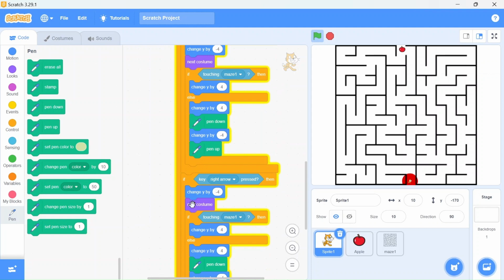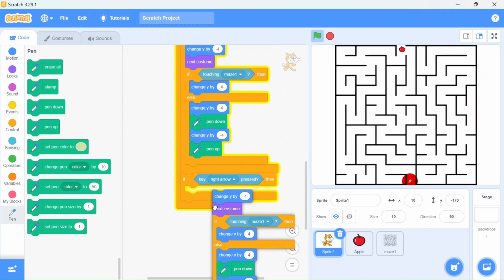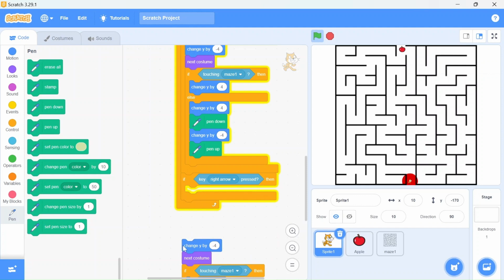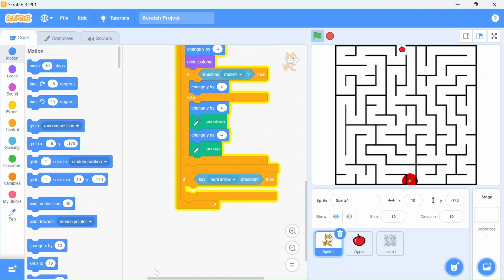Now these y coordinates will not be used. What we are going to use is our x coordinates, so we can remove these y blocks. It has been removed. Now we will set the x coordinates. So just go here and select our x coordinate, change x. We need them, so we can just take them, and later on we will set them. Okay, these are the blocks we will require.